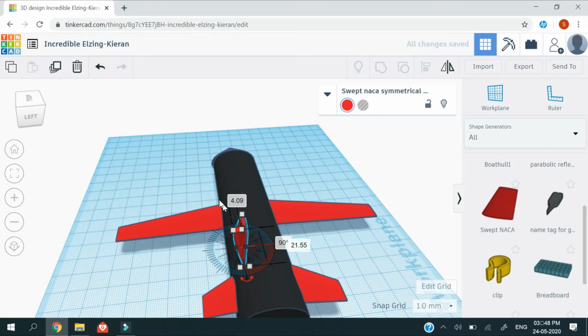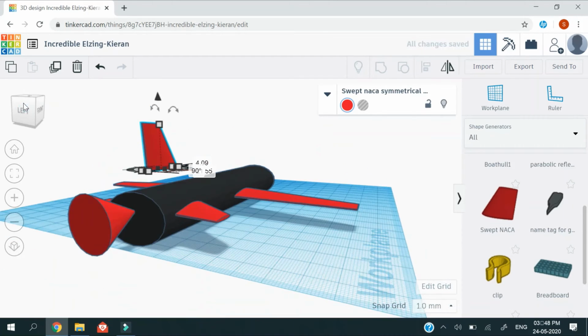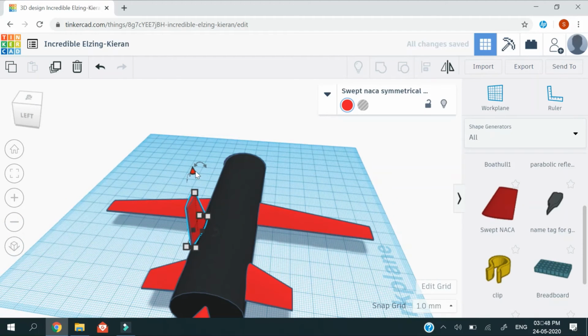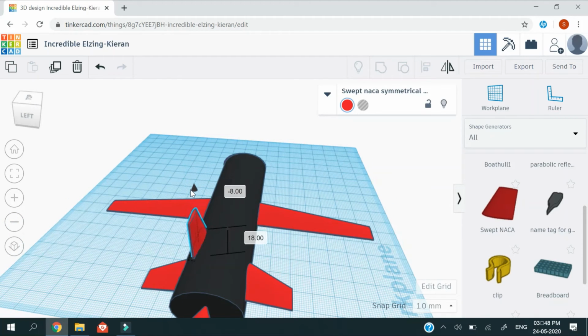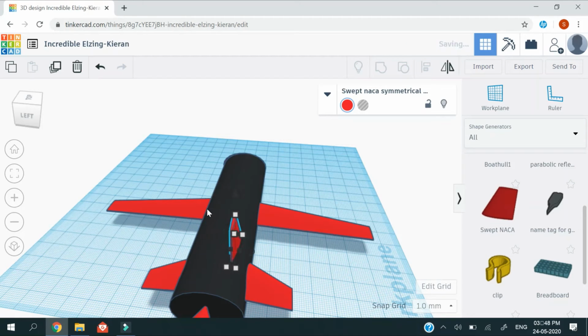Yes, done. Now we have to decrease the height like this, and we have to perfectly align it, and we have to tilt it a little bit. Yeah, something like this,